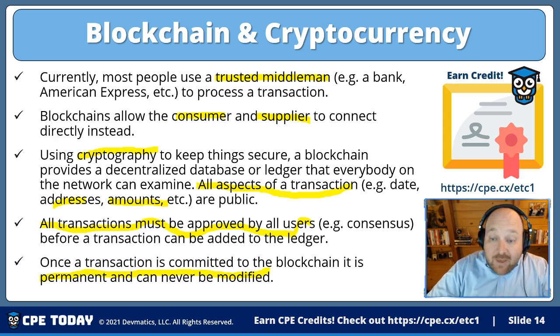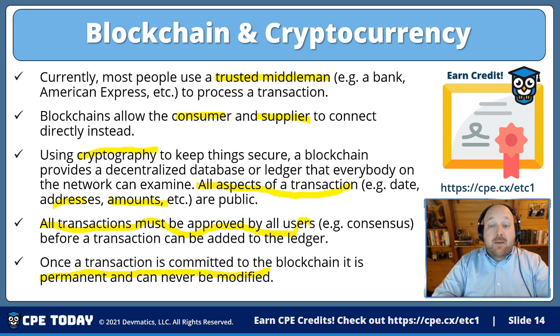You could certainly write another transaction to update, but it would exist as one too. It would not be, hey, I went back and I adjusted a prior period entry. You can't do that with blockchain. Blockchain, by its very design, is permanent. And because the ledger itself is decentralized, it can't be modified. And you can always tell when somebody is fraudulently trying to commit something to the blockchain.